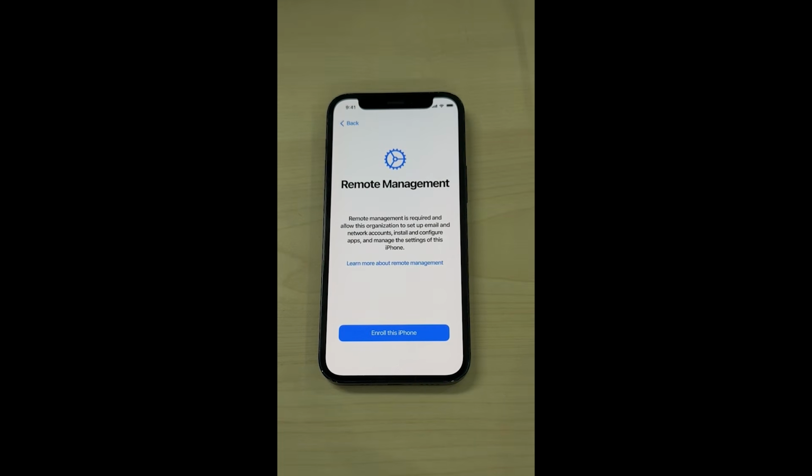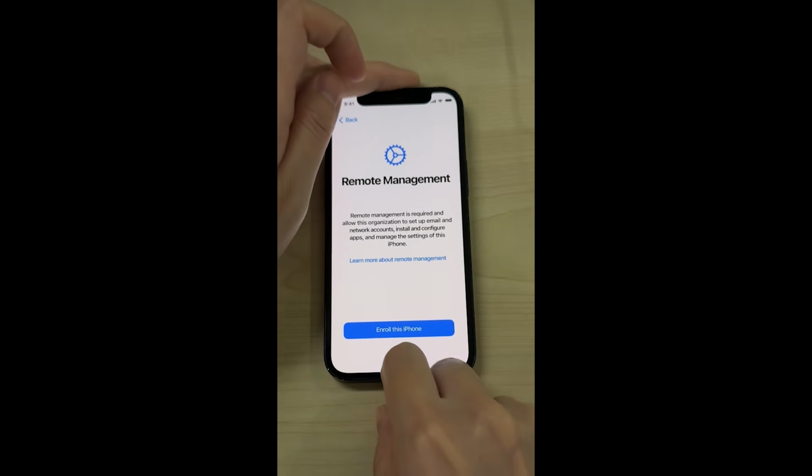Well, as you guys can see, I have an affected iPhone here, which says remote management is required and allow this organization to set up email and network accounts, install and all this and that, which I don't want. Because this is my personal phone, I ain't having any organization managing my device. So right now I just have to connect the iPhone to my PC itself,